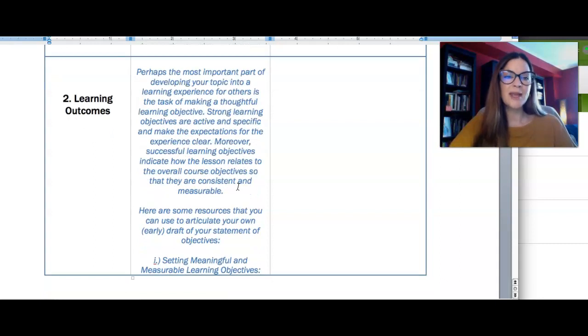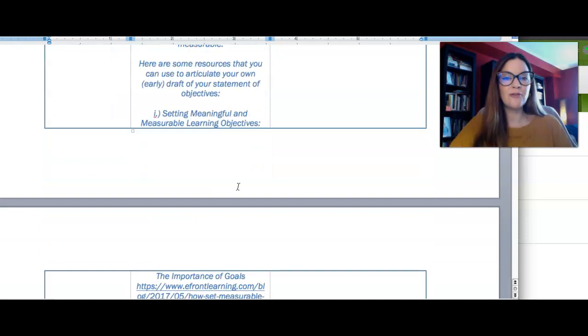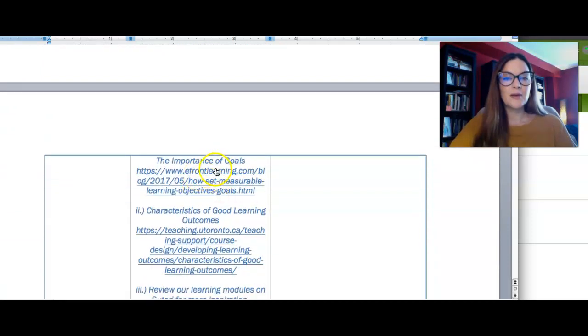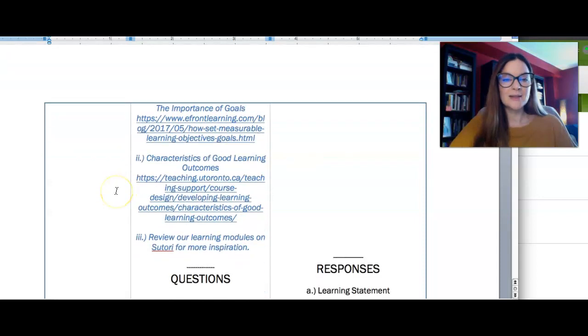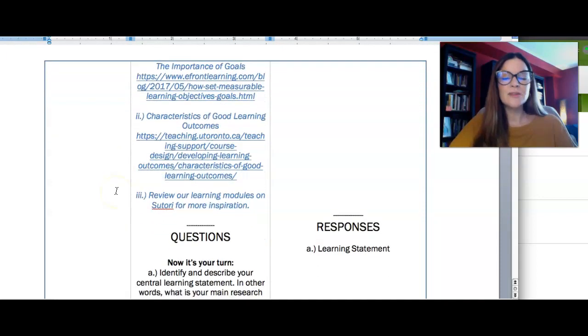So it just explains what a good learning outcome is. It gives you a few resources that you can follow by clicking on the links. And in terms of understanding what a strong learning goal or outcomes look like, number 3 here points you to our Sutori